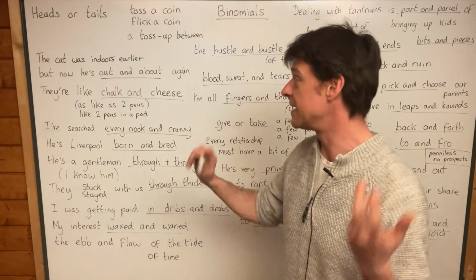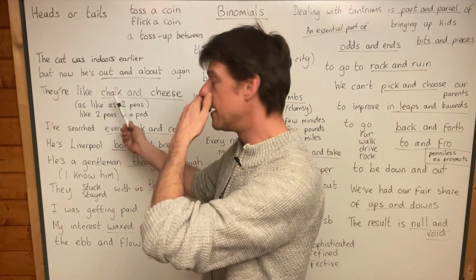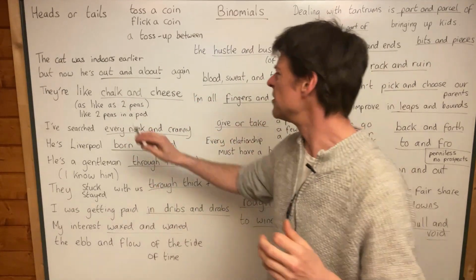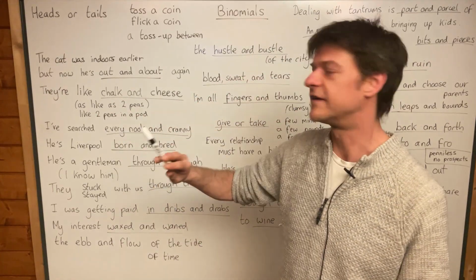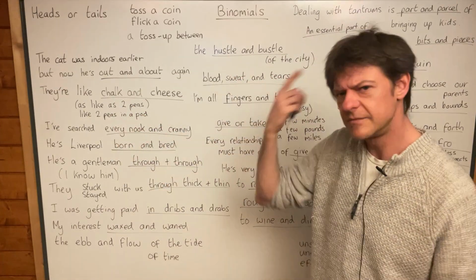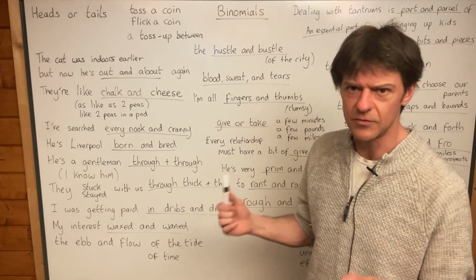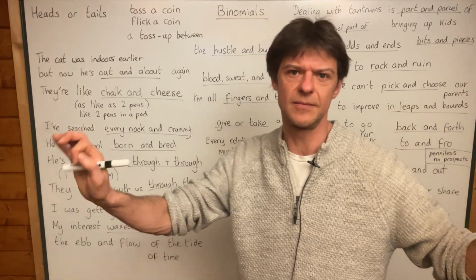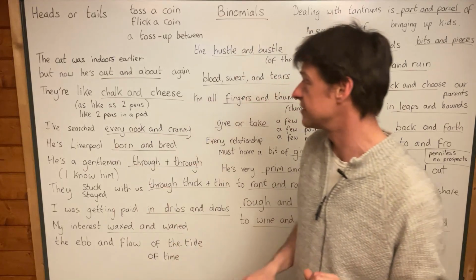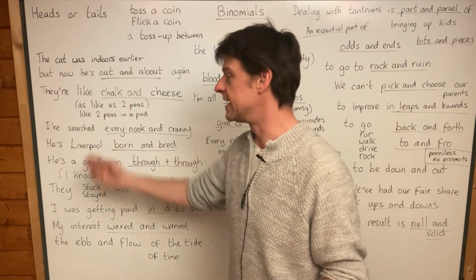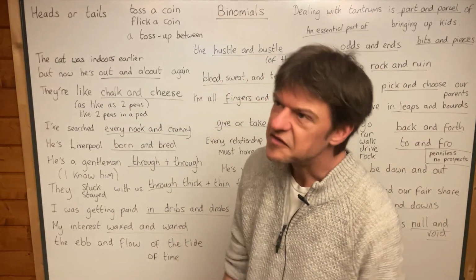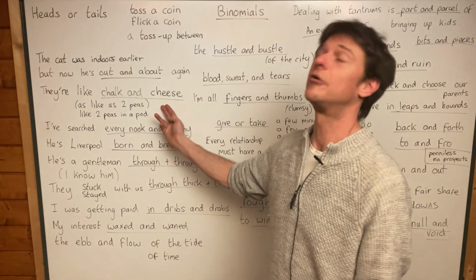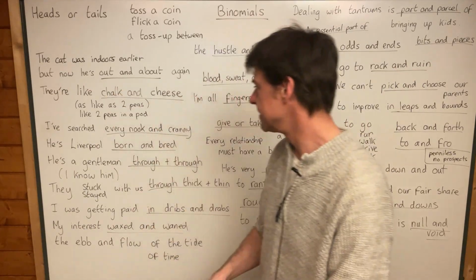The same with this one. It may mean physically, well, no, we don't use that one with physical, sorry. We use "chalk and cheese" really with personality. That's what it usually applies to. When two people have completely dissimilar personalities, they are like chalk and cheese. Okay, so maybe one person is really depressed all the time and the other person's a hopeless optimist. They are like chalk and cheese.